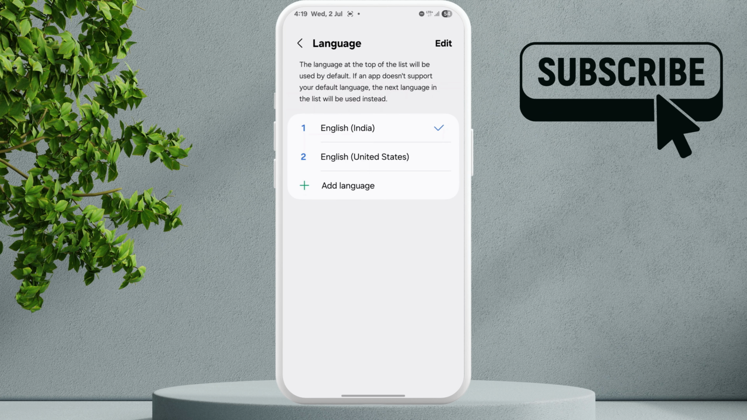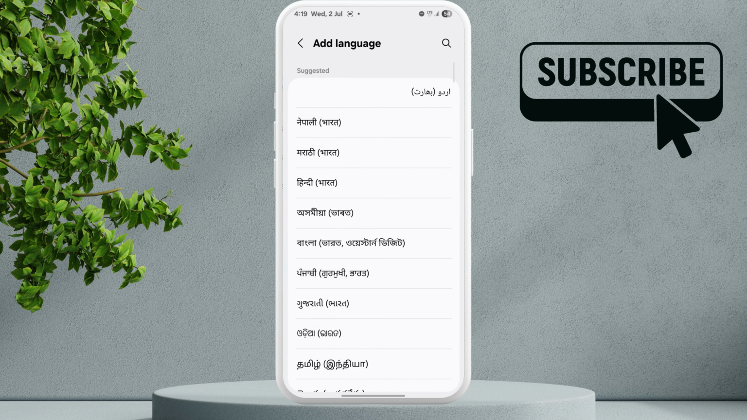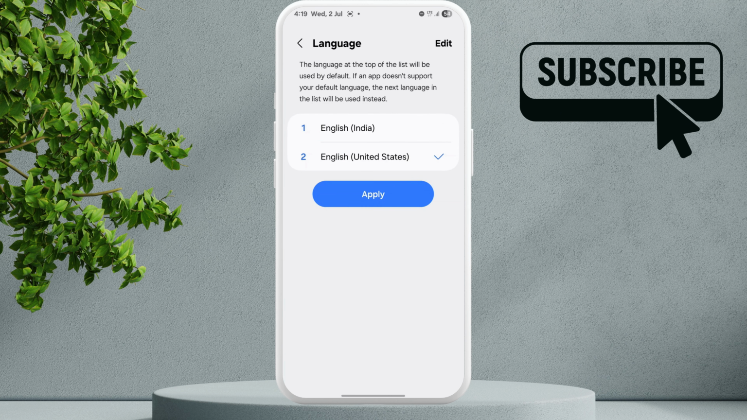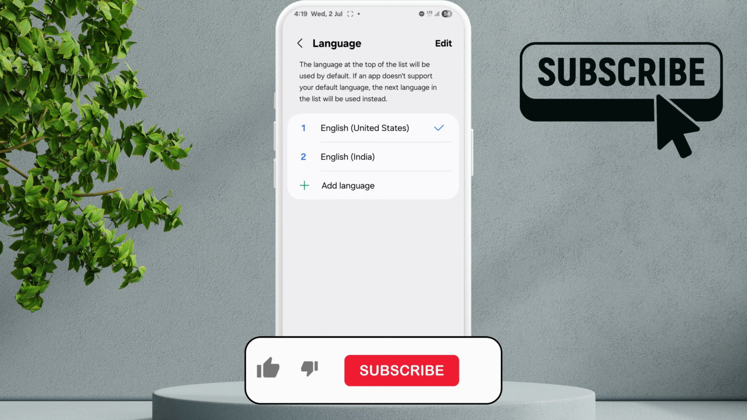If you don't see it on your phone, simply tap on this add language option and add it first. Once you have added the language, select it and then hit apply. Once you have done this, simply go ahead and restart your Samsung phone and you should see the Galaxy AI